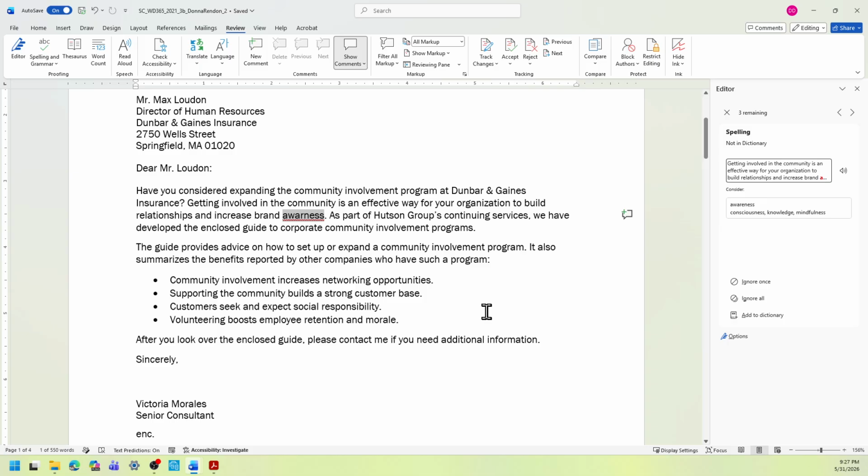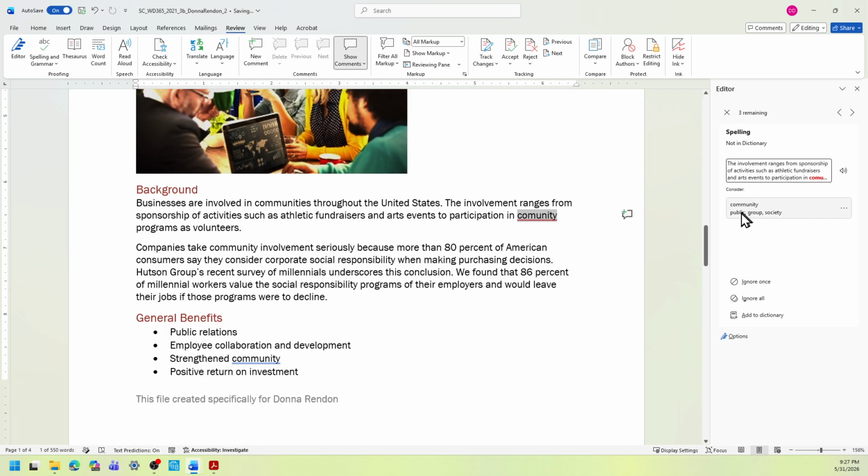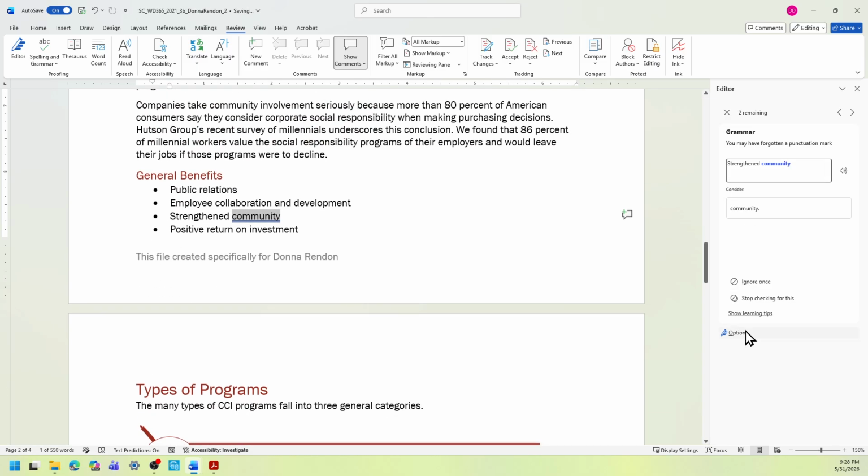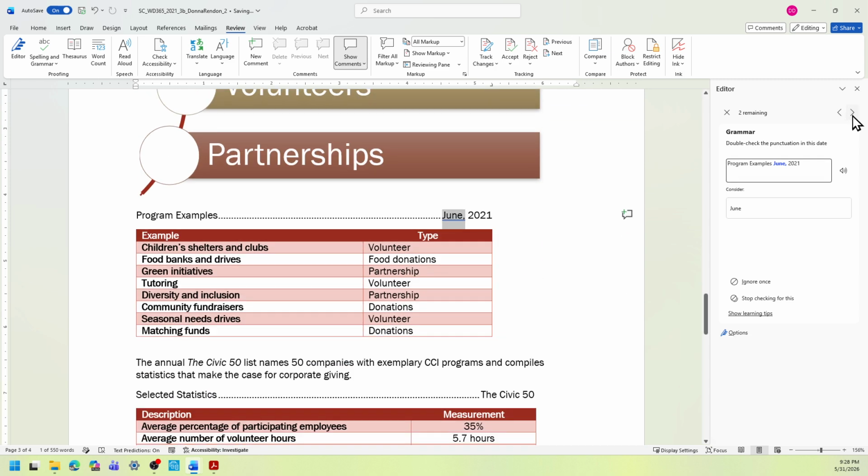So this one here, the awareness spelling is wrong. I'm going to select the consider awareness. The next wrong spelling is communities. Select community under the consider section. And then community here, it's grammar. I'm not going to replace the period, which is fine. And I think that's it.